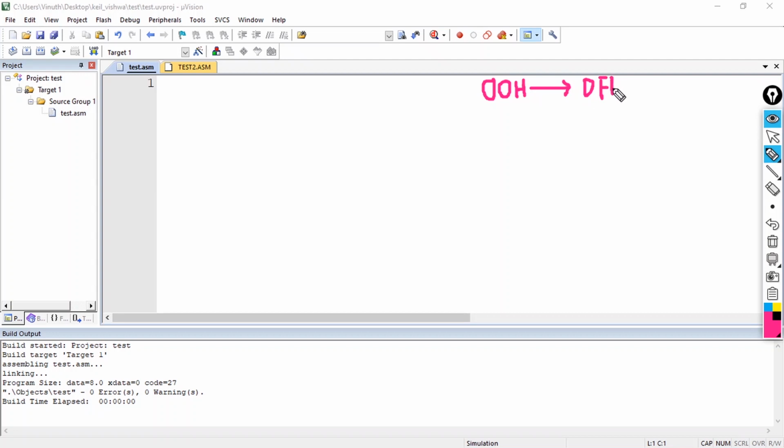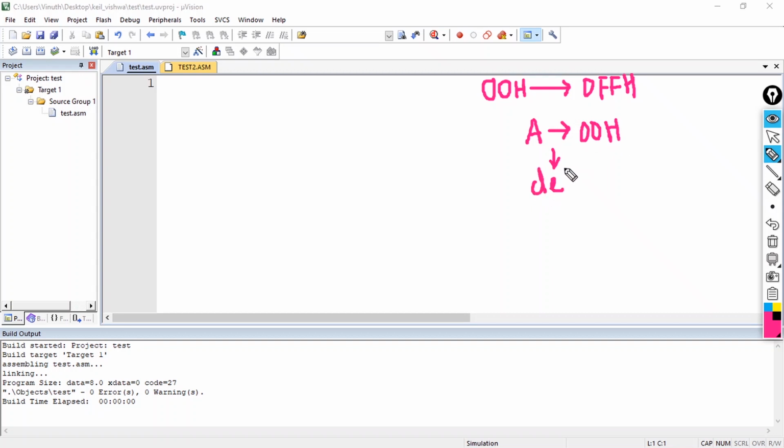How are we doing this count operation? First step, in order to count up, I'll be loading my accumulator with 00 hexa, and then I'll be calling a little bit of delay.